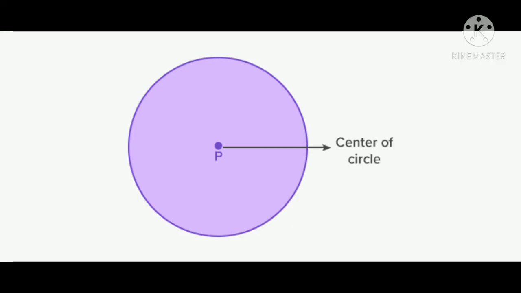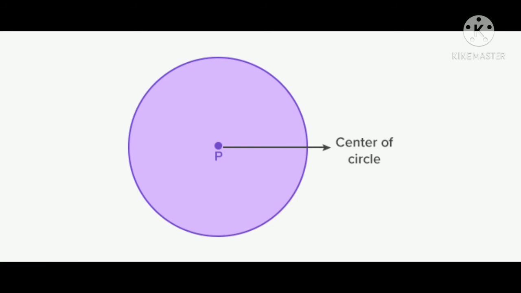Next we will go to a circle. Yes, this is a circle. Everything round is a circle. Can you see the center of the circle? P. It is shown here. When you put the compass here, we can draw one circle. You all know this, I think, isn't it? So the circle is a type of geometrical figure.